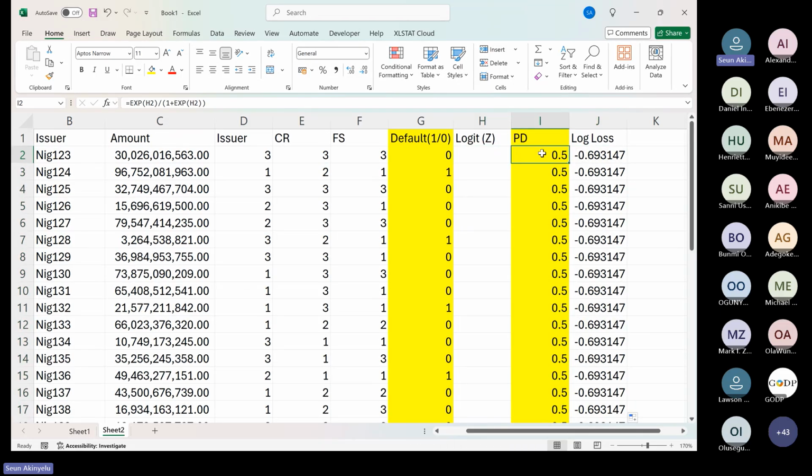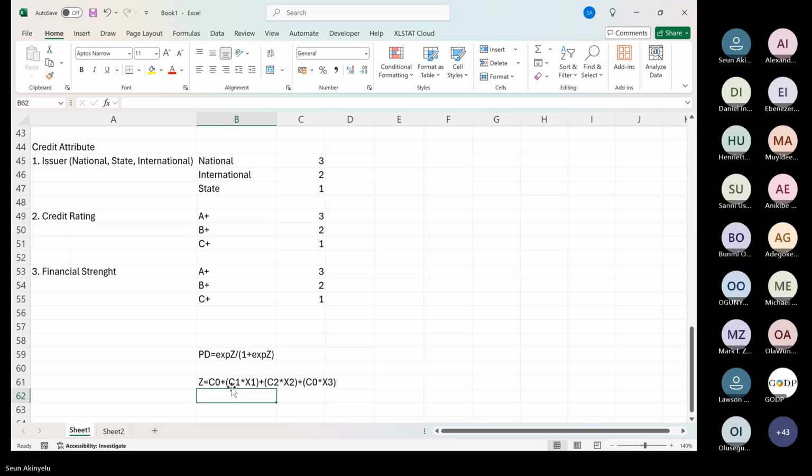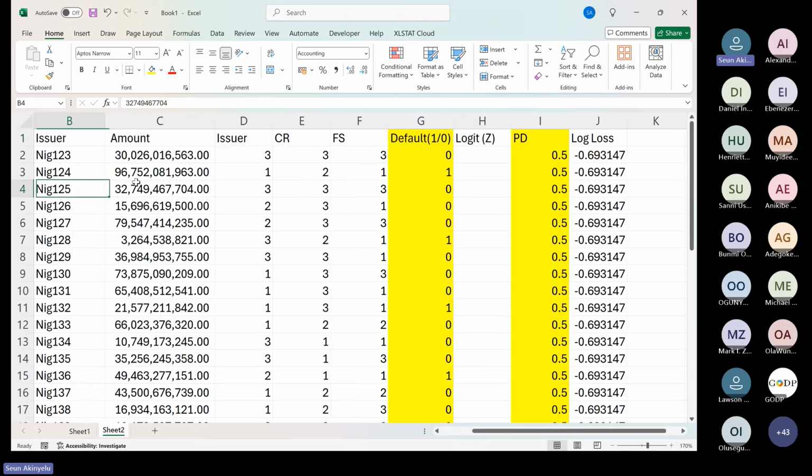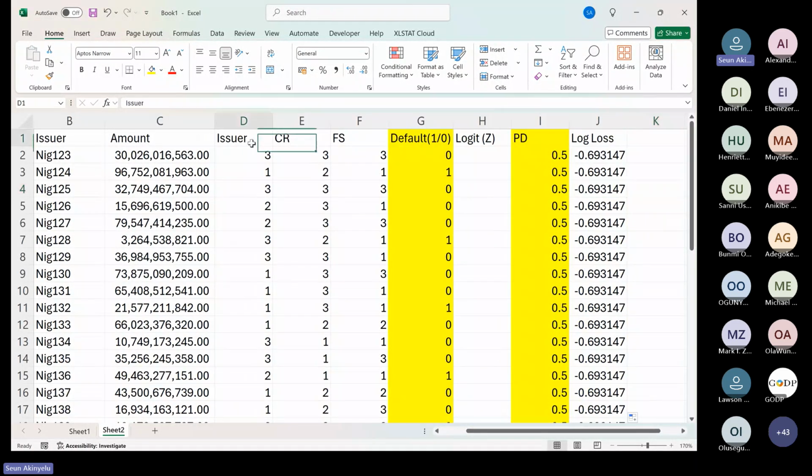Just watch. Now, all of these things that I have here, I don't know the coefficients. Remember the formula. The formula is that Z is equal to intercept plus coefficient times X1, X2, X3. I know X1, X2, X3. X1, X2, X3 are all of these parameters here, all these 2, 3 that we put here. But I don't know the coefficients. But Excel can give me the coefficients. So let's go and employ the power of Excel to give us coefficients.